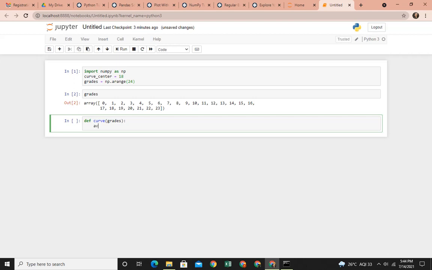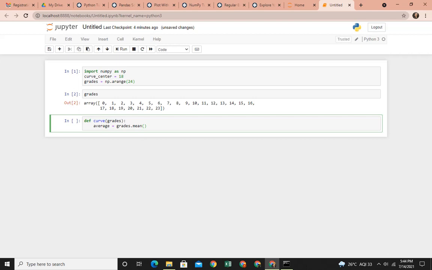So let's say if I want to evaluate the mean of the array grades, I just have to give mean. The name of the method is mean.